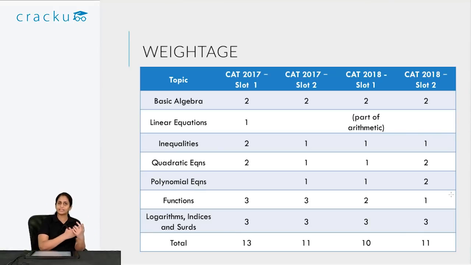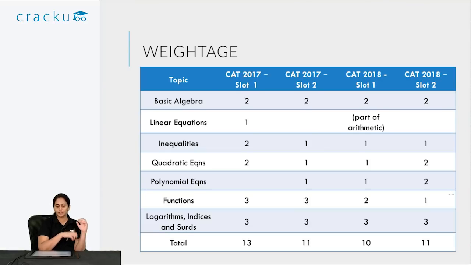Apart from algebra, arithmetic and geometry are the 2 other important topics. So if you get solid at algebra, arithmetic and geometry, you would be able to solve most of the questions that come in CAT. So this is what you should keep in mind, that I have to get very good at arithmetic questions, then I have to focus on algebra and geometry and make sure that at least 2/3 of algebra I should be able to solve. Even if I find functions tricky,